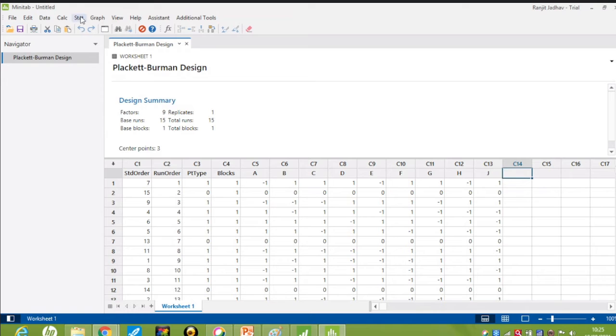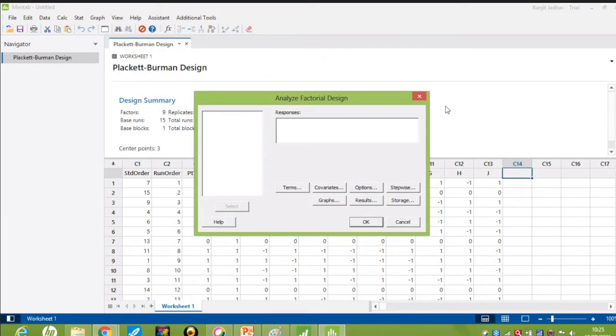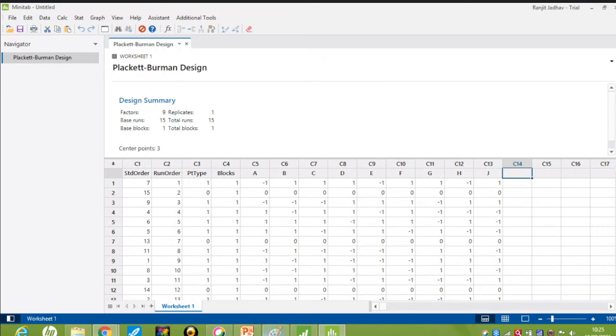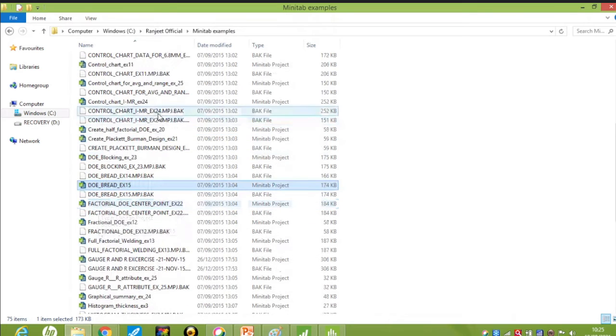And for this center point, we go for the response. Now, when we go for the analysis, Analyze, Screening Design, we have to select the response. Let us check if I have any example on the Plackett-Burman.